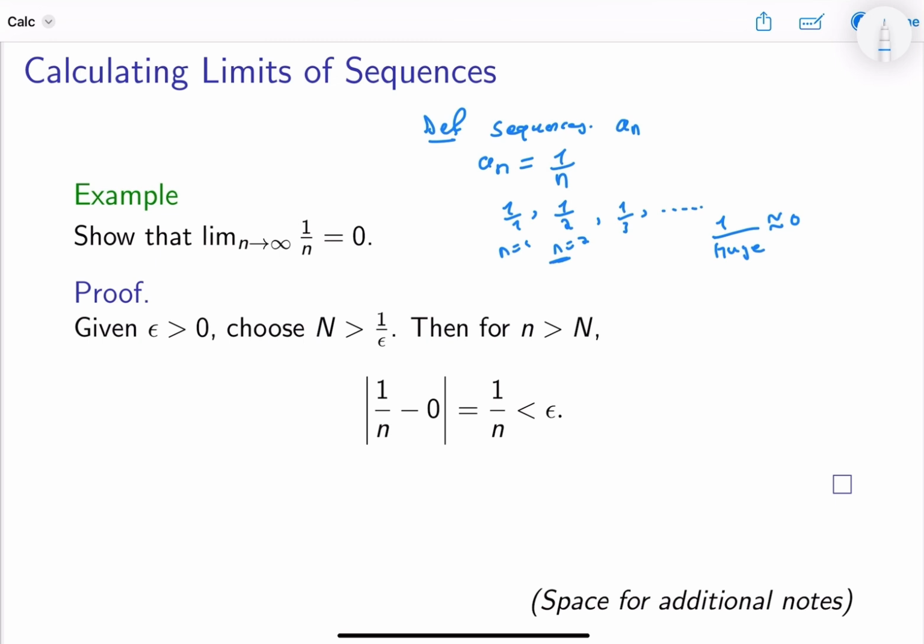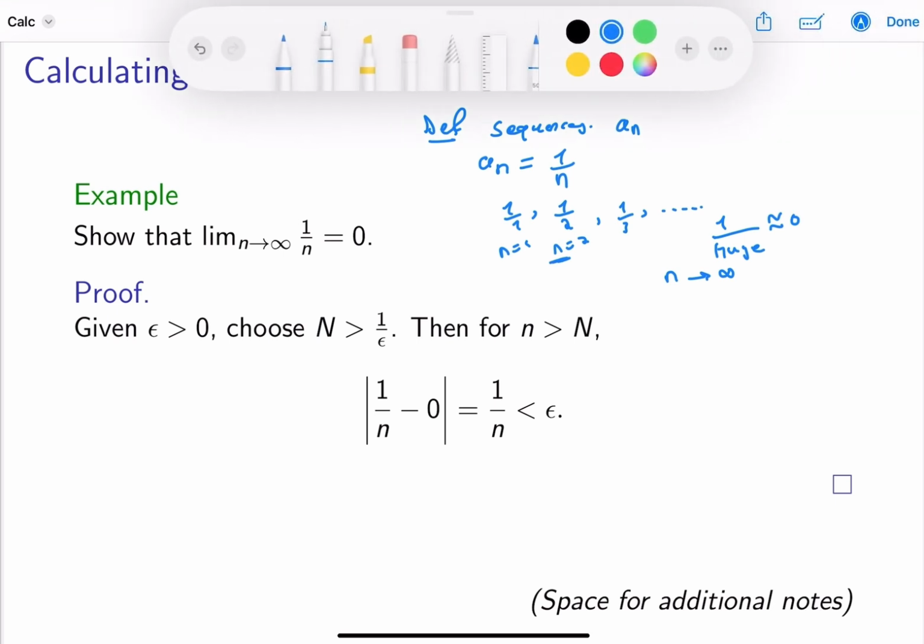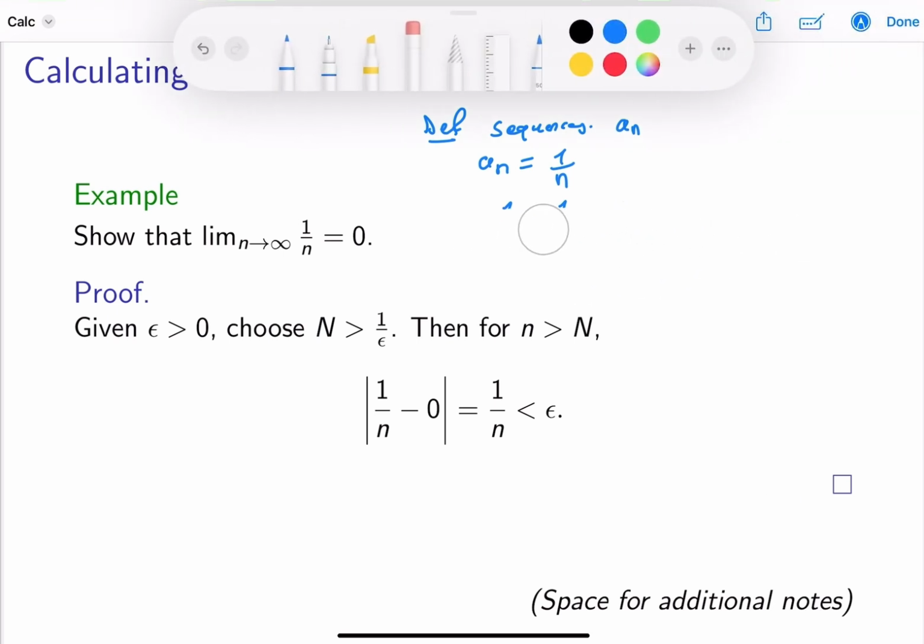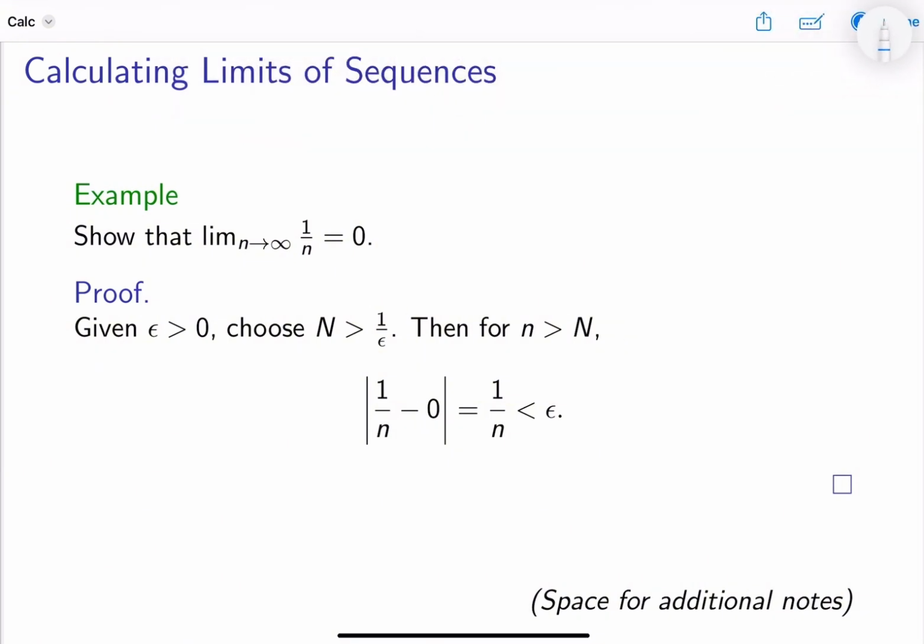So it seems that as we increase n, as n tends to infinity, this sequence is having some trend, it's tending to something. And this is what we call the limit of a sequence. So, just to make a recap here, here's the definition that we made. So the definition is that a sequence an is said to converge to a limit L